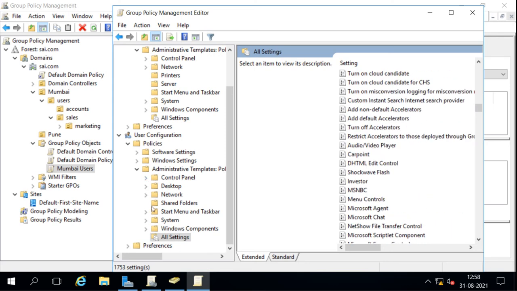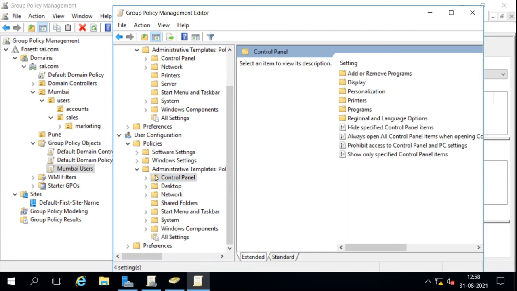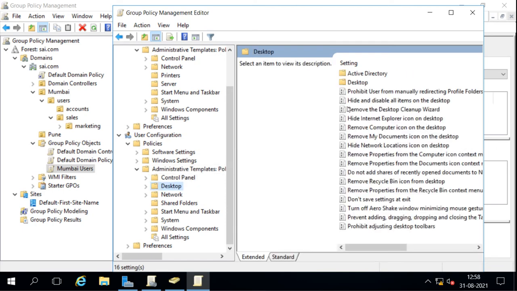If you want to go for control panel settings, then you will click on control panel and it will show only control panel settings. If you want to use the desktop setting, then you will click on desktop and it will show you desktop related settings. Now this desktop related setting is not available for computer configurations, because in a computer the desktop will not change, it will remain the same. When the user logs in on any other machine, the desktop may change. So desktop settings will move with the users. So these user policies are actually moving with the users, but computer policies will remain with the computers because